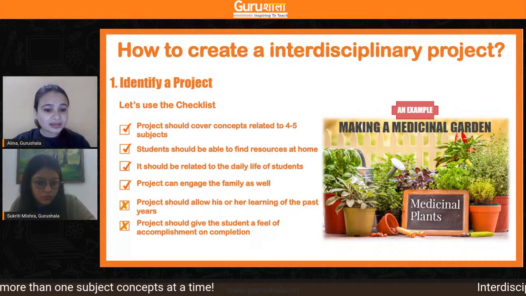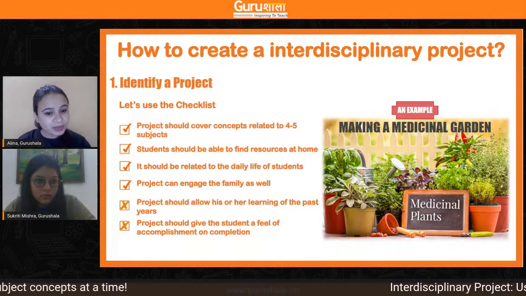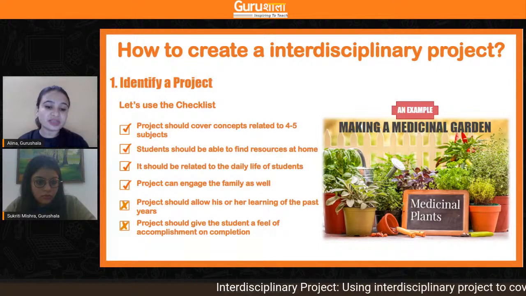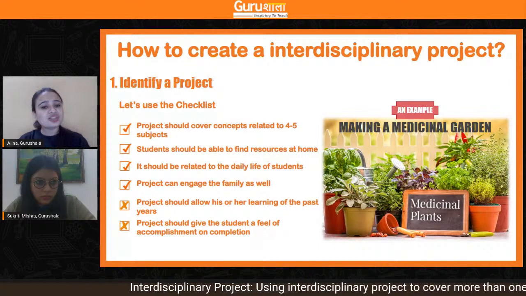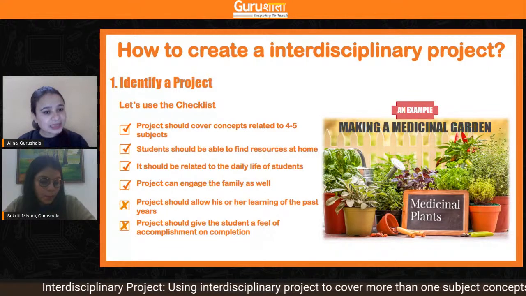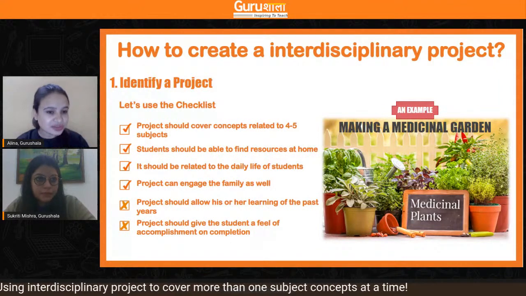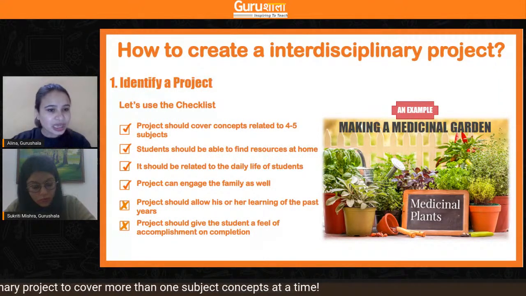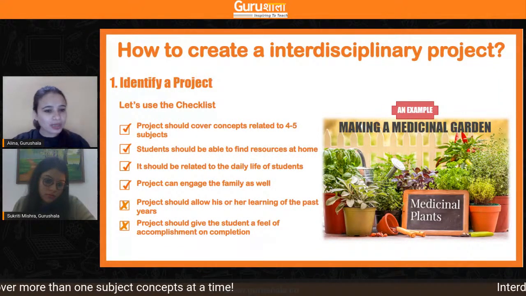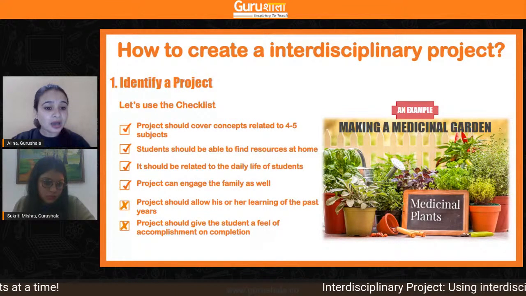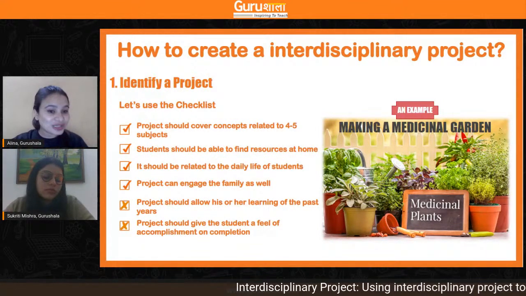And then there is another point, which is that the project should give the student a feel of accomplishment. So let's just talk about this example. In this example, 4 points of this checklist are fitting into this example, and 2 points are not. So this was all about the first step, which is identifying a project,